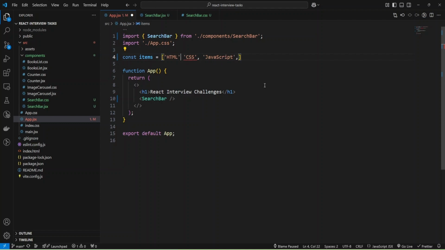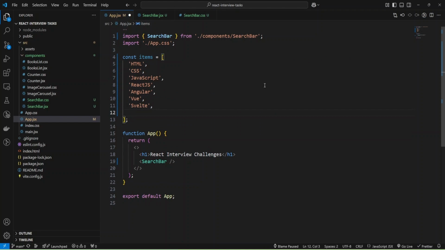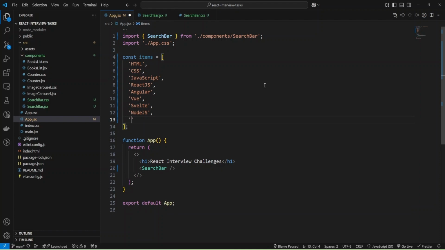Okay, and I need a comma here, and also let's add React.js, and also we can add Angular and Vue, and also can add Svelte, and let's add more items like Node.js and also Next.js. and I can pass these items as props to my component.